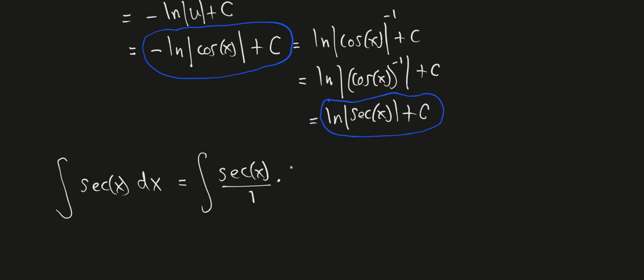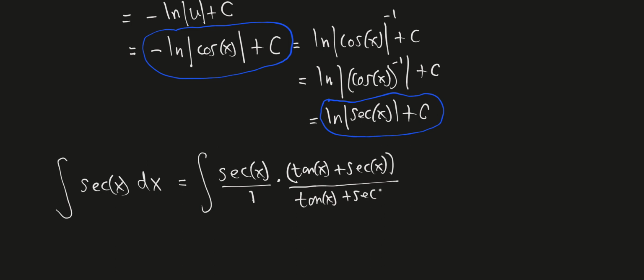We're going to multiply it by tangent x plus secant x. So multiply the top by that quantity and the bottom by that quantity. You're thinking, why would I do that? Well,